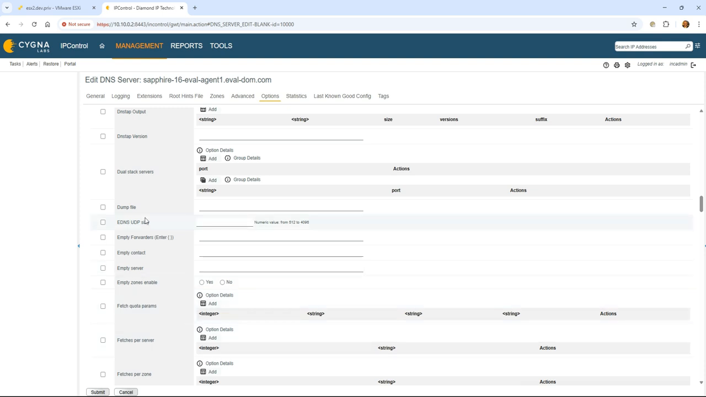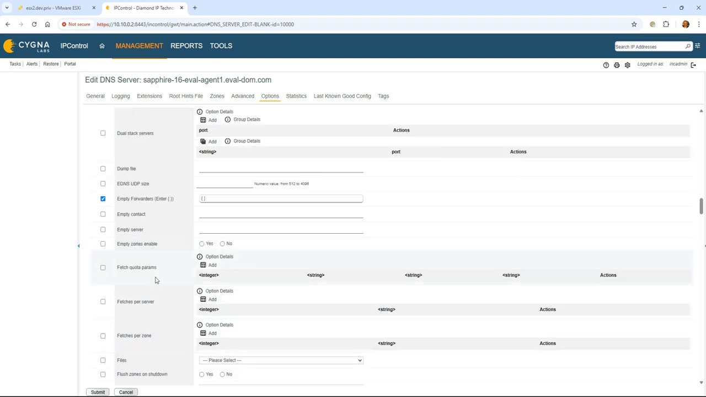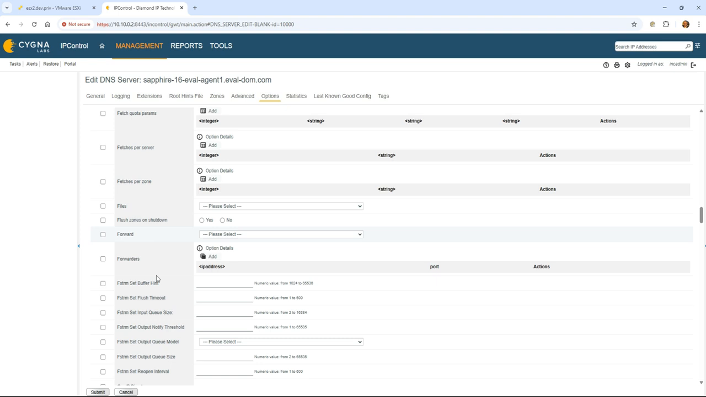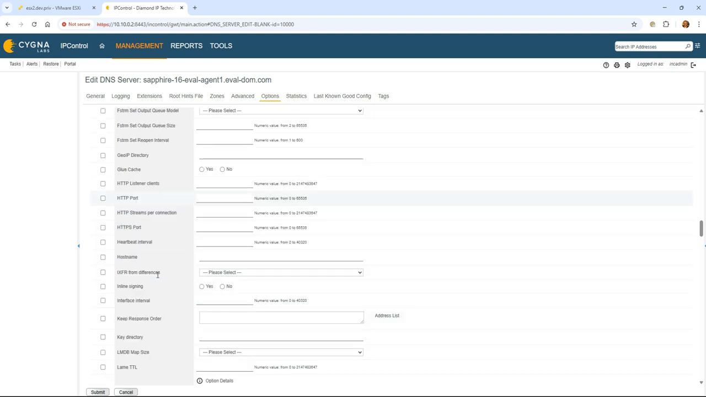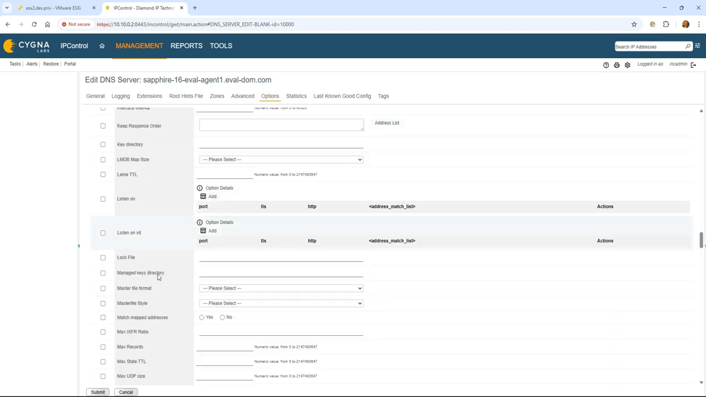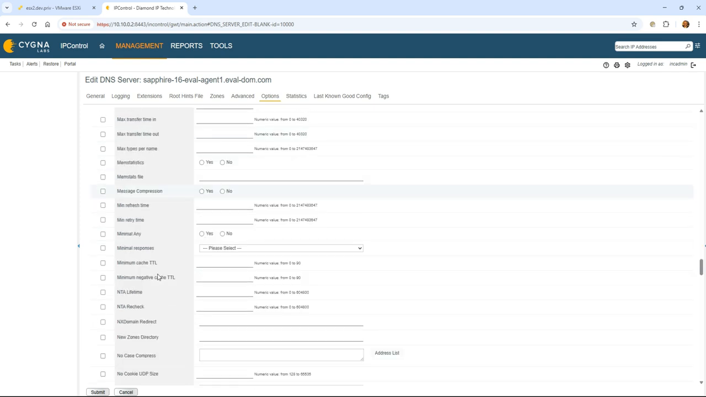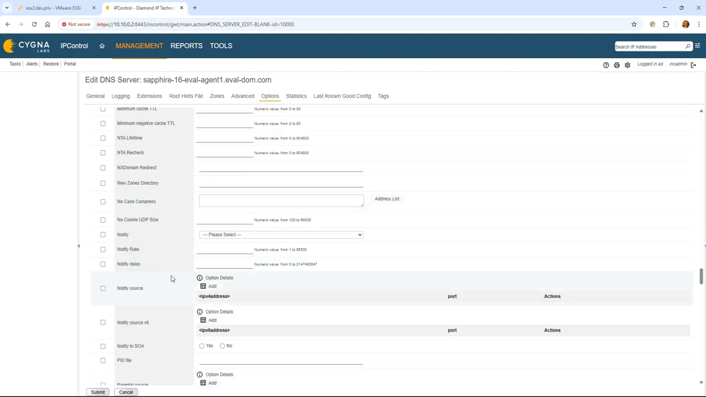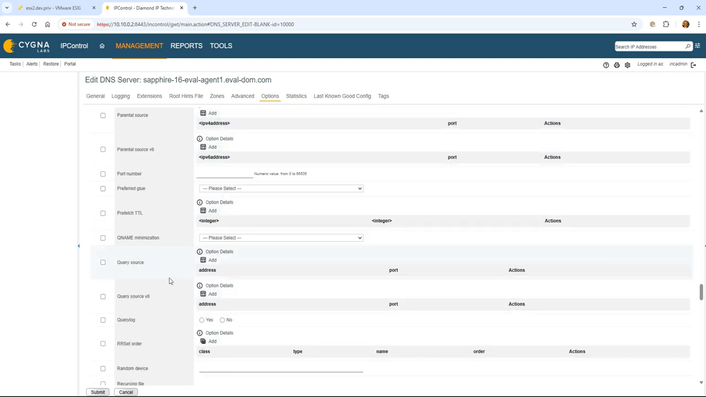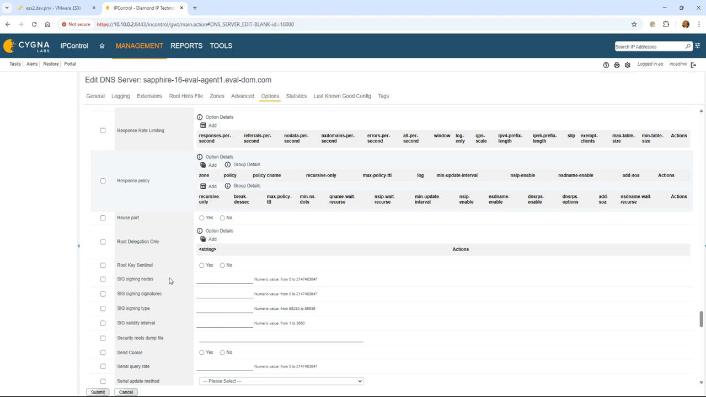And we'll do empty forwarders because we're going to do some forwarding at some point. And we'll set that here. And we could set other information up in terms of listening on and other types of details, query source and others, which we would normally, but I want to move into this and get to the configuration more. So I'm going to just jump down to the bottom